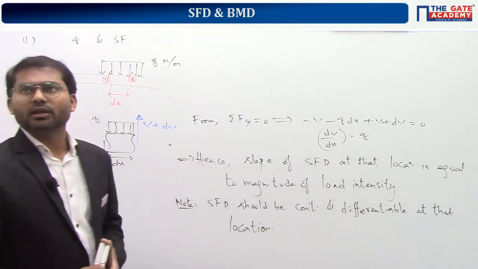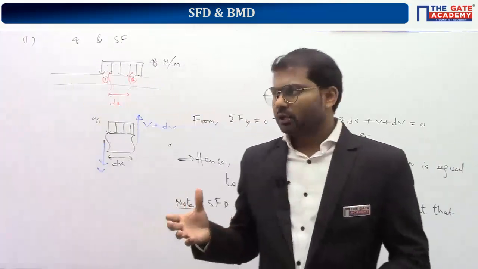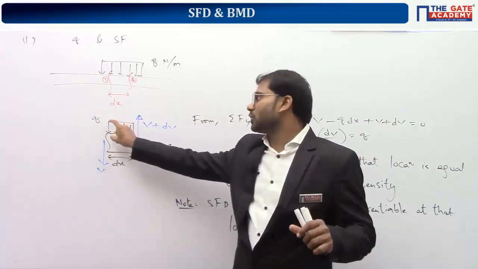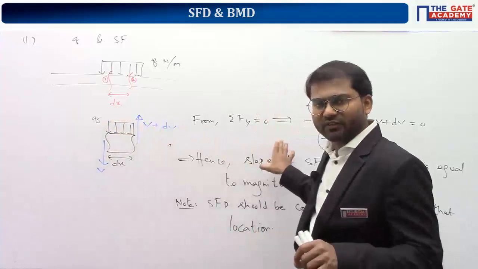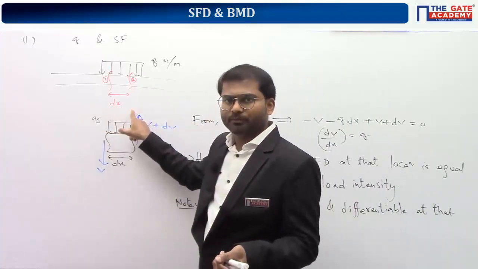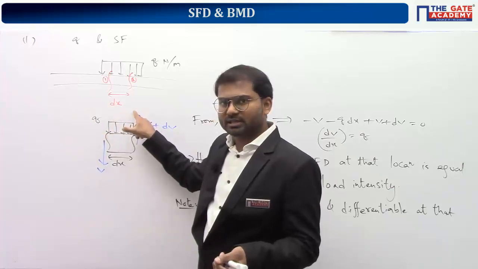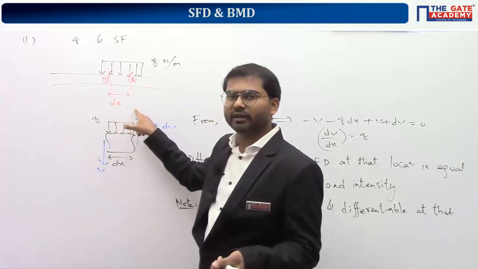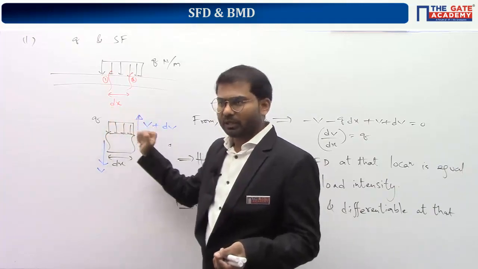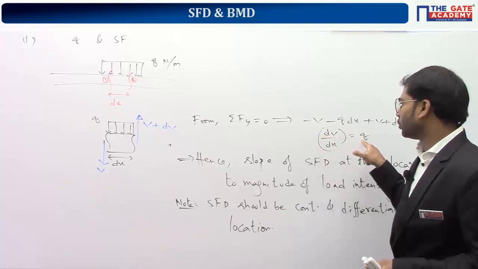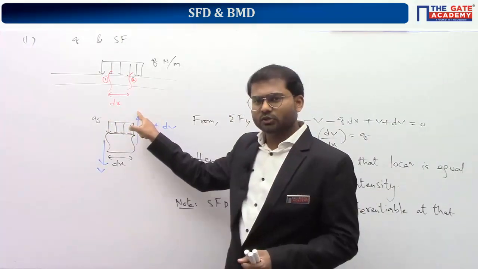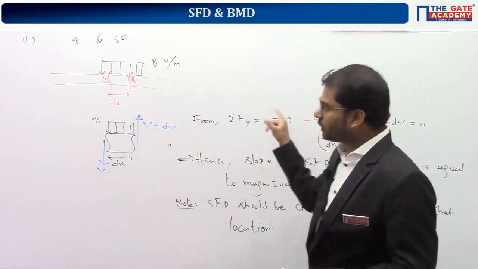Considered as UDL only. Chandresh, though we are taking the example of UDL, that means load intensity is constant along the length here, this result is valid for everything. That means if you take a varying type of load, that means like intensity is going on increasing linearly, so you'll be having increase of shear force in that way. That means slope of the shear force diagram is equal to load intensity, right? So if the load intensity is going on increasing along this length dx, slope of the shear force diagram will also increase in that way.